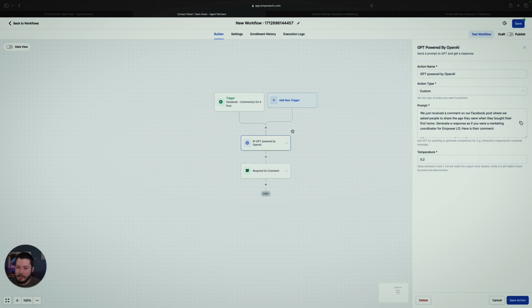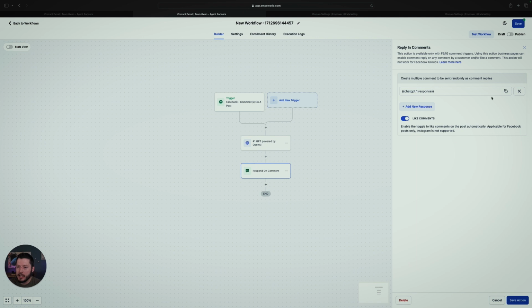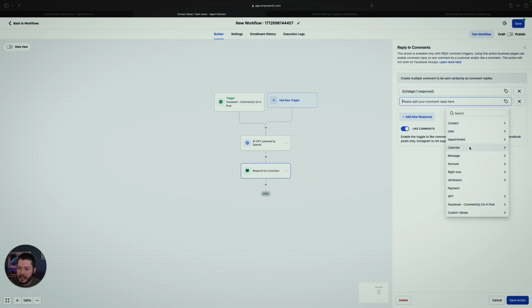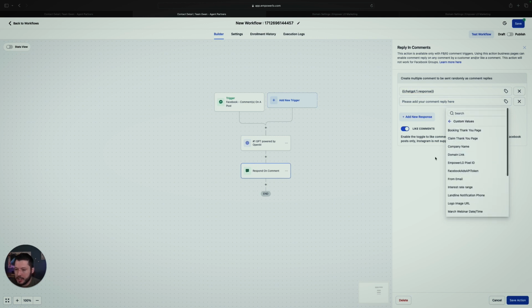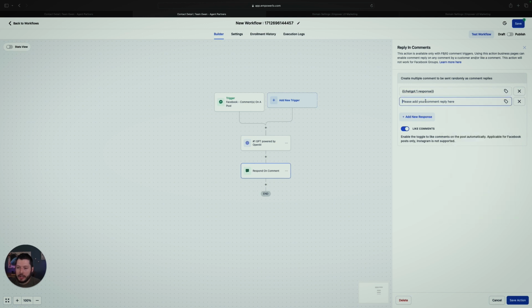So again, I'm mixing use cases a little bit here. If you didn't want to do this GPT, you could just come in here. You have add new responses. You can put a link, like if you have a custom value, this would be your link to that PDF file. So you'd put the link to the PDF file, and then you could just send it over like this,